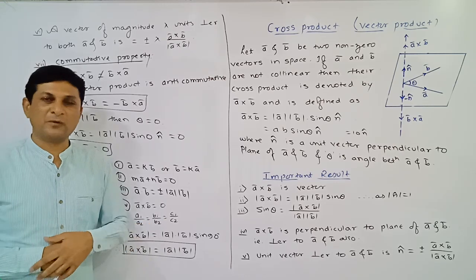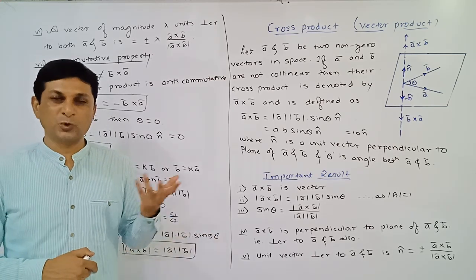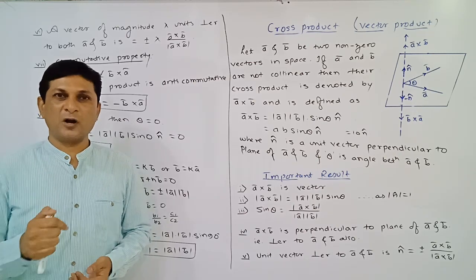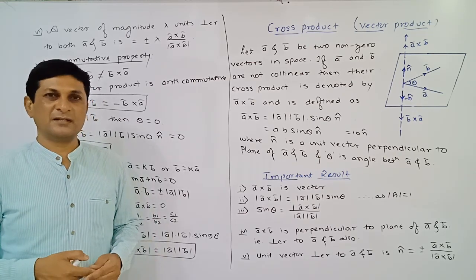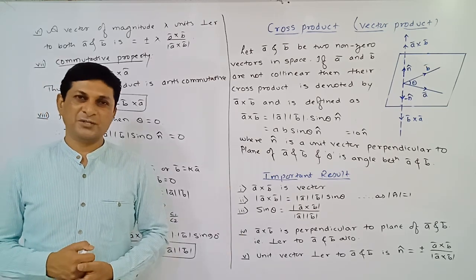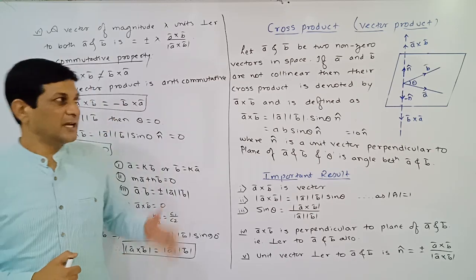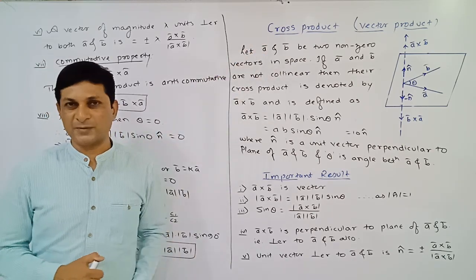But generally while solving examples, we are using the condition of what? Dot product. If two vectors are perpendicular, the dot product will be equal to 0. In 99% of examples, priority is given to the condition in dot product. Well, again we will see a few more important results related to cross product.